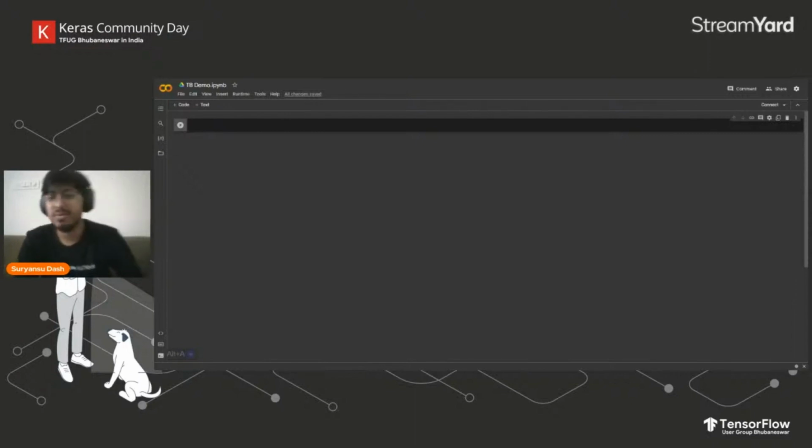So, can someone tell me what is Google Colab? Since most of you have worked with it, can you give me an idea of what Google Colab is and why it's better than Jupyter Notebook? Both have the same kind of functionalities. So why do you prefer Colab, or why should we go with Colab?